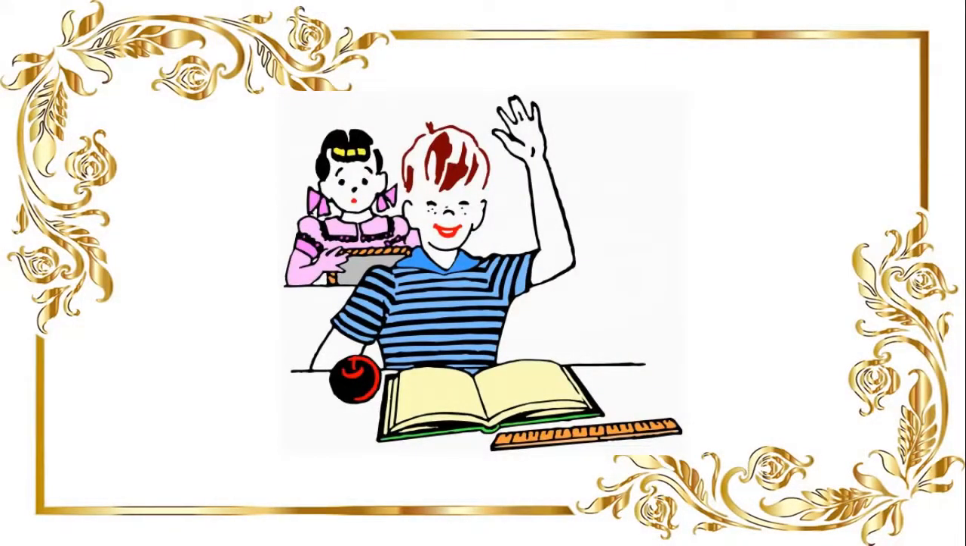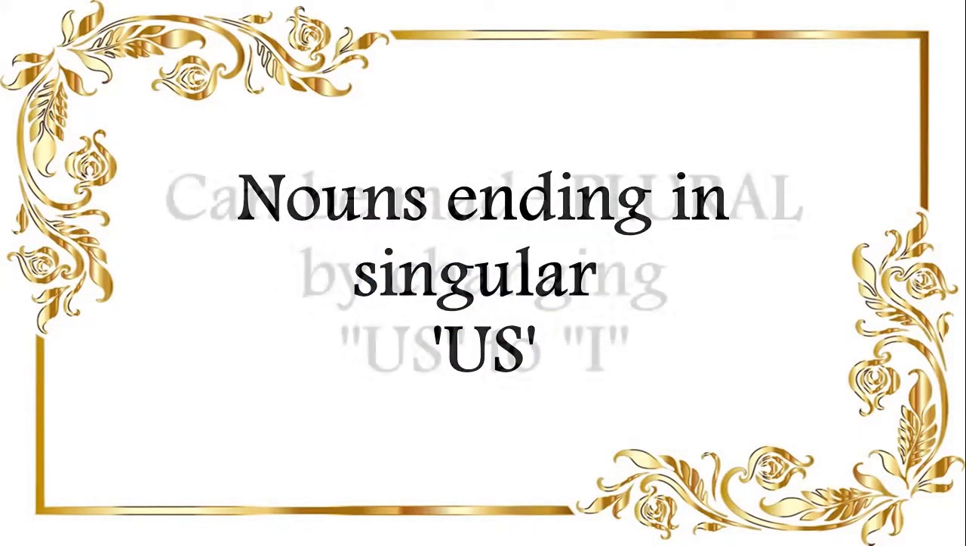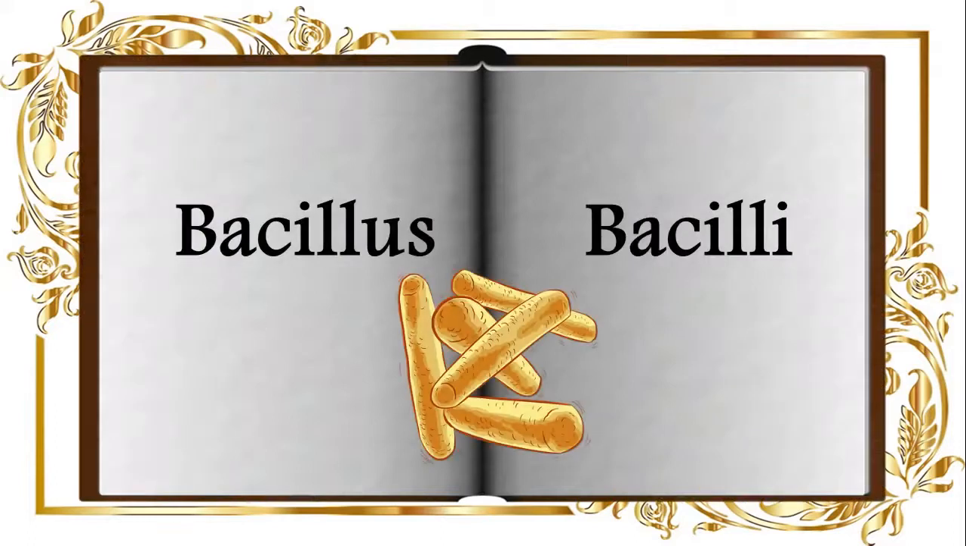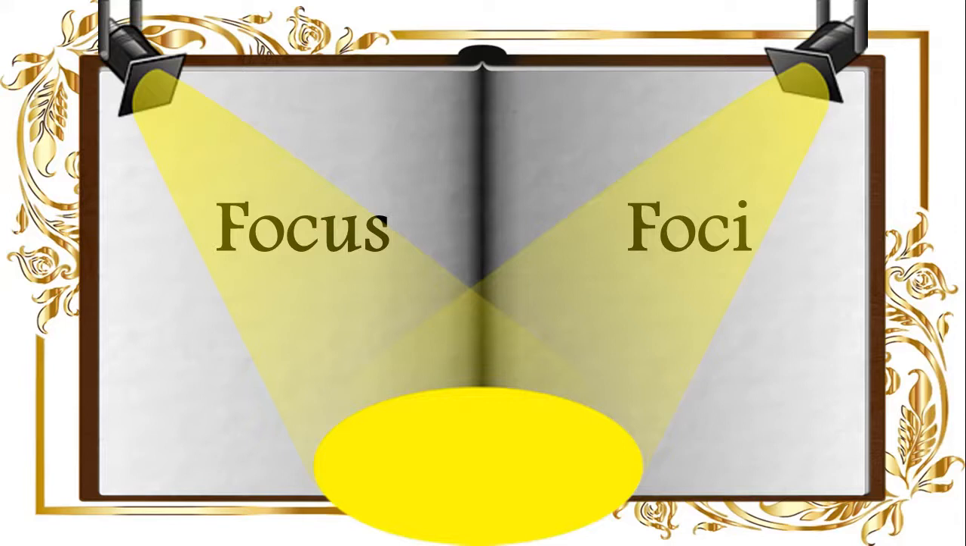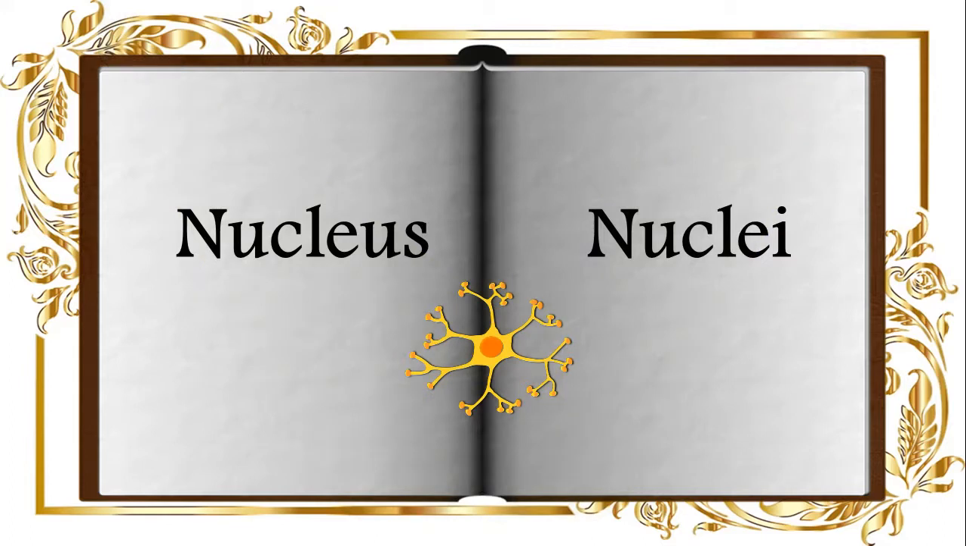So here is a list of irregular plurals which are not commonly used in day-to-day conversation, but it will add to your knowledge of singular and plural nouns. So, are you ready? Nouns ending in singular us can be made plural by changing us to i, as in bacillus, bacilli, focus, foci, nucleus, nuclei,